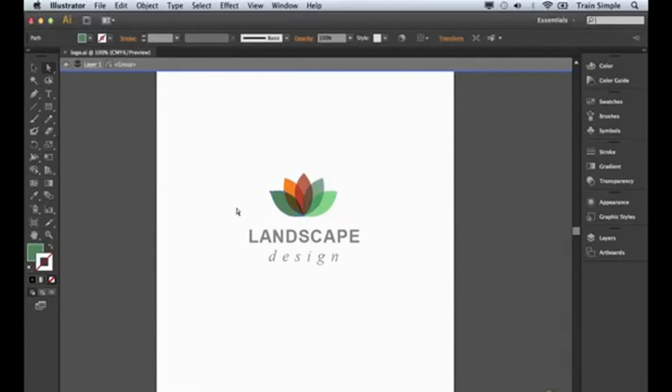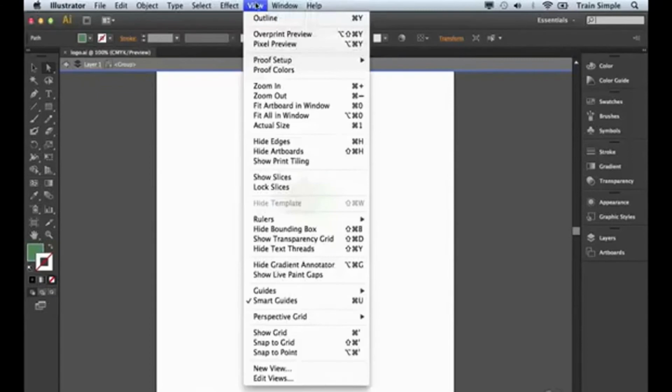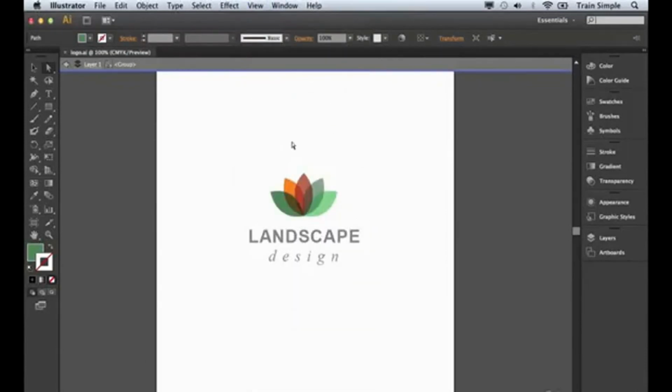However, again, sometimes this can be a distraction, and if that's the case, you can come up to the View menu, and under the View menu, you'll notice that there's an option called Hide Edges. Now, when you select that option, something somewhat confusing happens. It does what you asked it to do. It's hiding the edges. But as a new user, it may be misleading in terms of understanding what is and